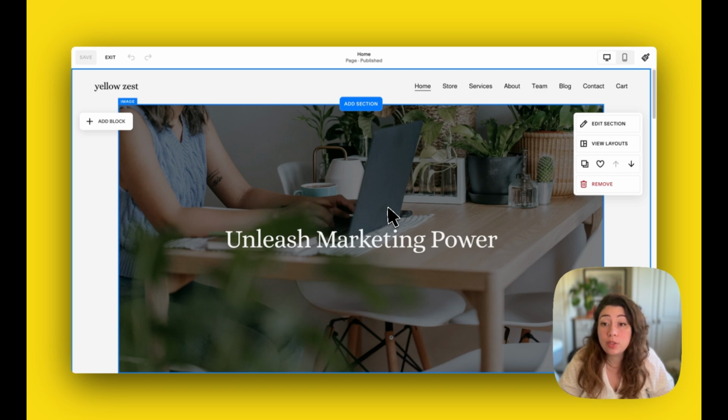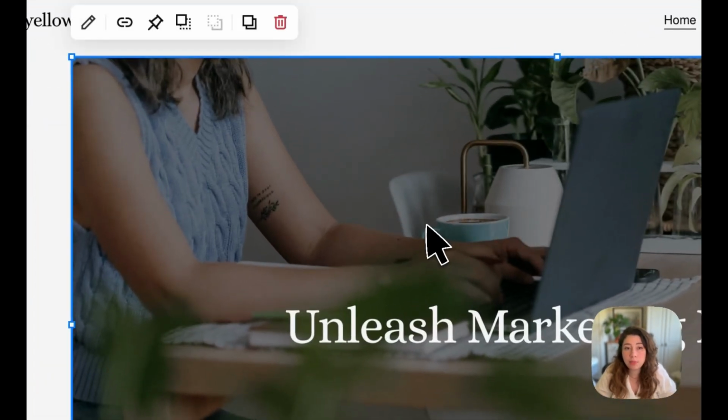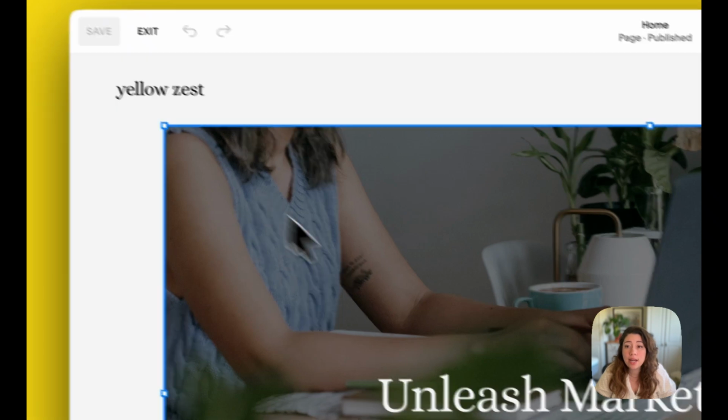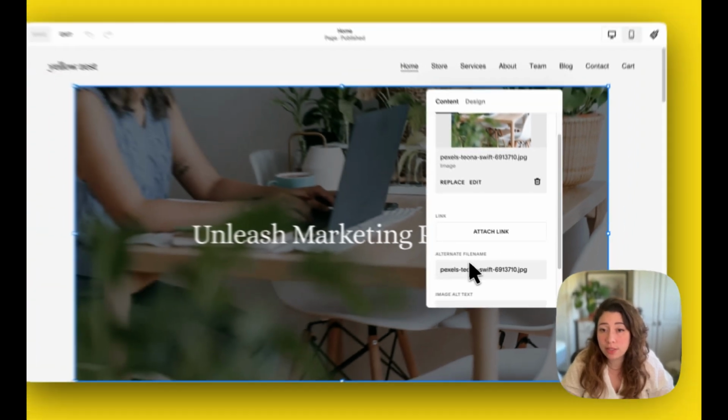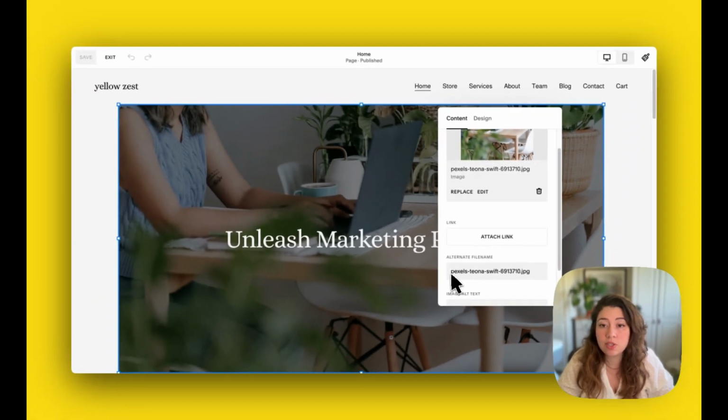But to do that within your website, you need to think about headings and meta tags and all of that jazz. So this is what we are going to do. Every time you have an image, I suggest that you go into edit, and then you will see here on the image the file name. In this case, I downloaded this image from Pexels, and this is possibly the photographer's name and the number of her image. She named, or they named, the image this way. You can name that after your own